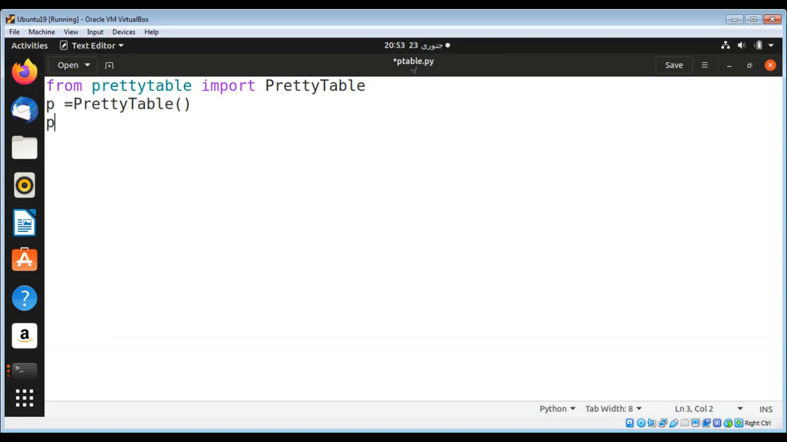So it's going to be p dot field names. The property field names is set to, I'm going to name it first name, and then last name, and then the last thing will be our email. This will be the header of our table,